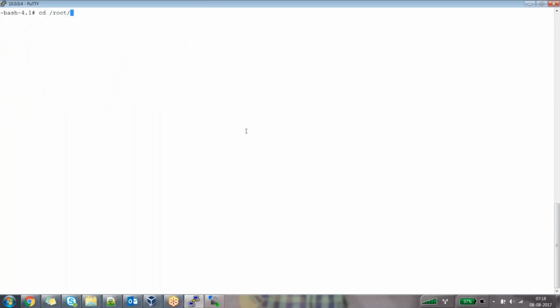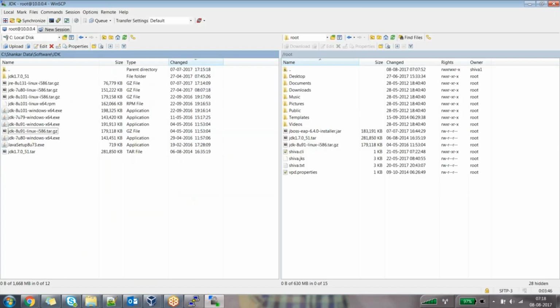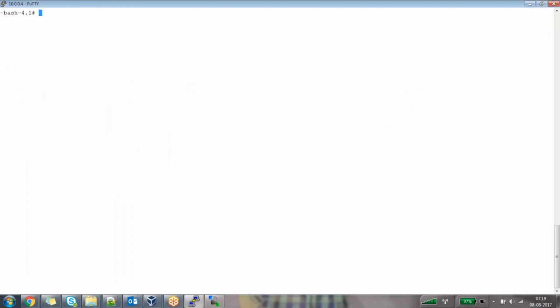Cool. So I got my software inside the root folder. By default, not everyone and anyone of us will have access to the root folder. Since this is just a lab, just a demo, I tried to copy to the root folder. But ideally, in your real-time environment, whenever you try to log into the Unix machine, you log into the Unix machine using a predefined non-root user ID, which, in my scenario, for your reference, is